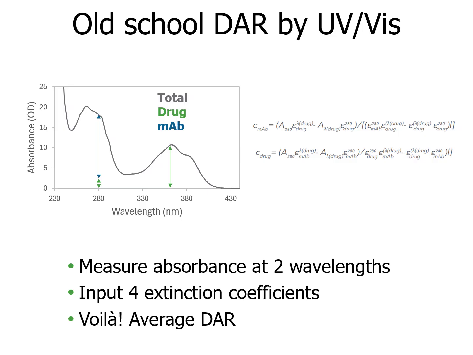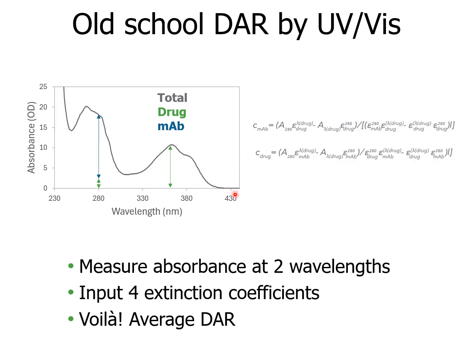The first one is a method that's been around for decades, and sometimes I'll call that old school DAR. In this technique, you need to know 4 different extinction coefficients for your molecules at 2 wavelengths. In other words, you have a drug extinction coefficient at 2 wavelengths, and you have an antibody extinction coefficient at the same 2 wavelengths. If you plug those known values into a system of equations, you can take absorbance spectra,